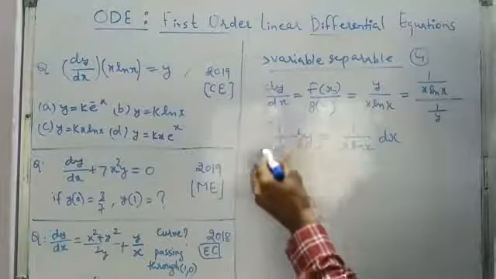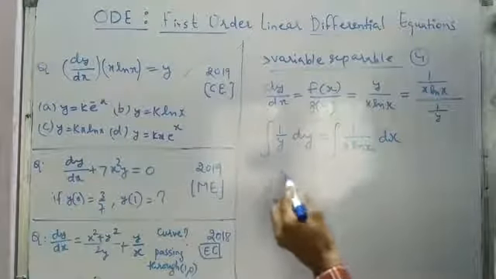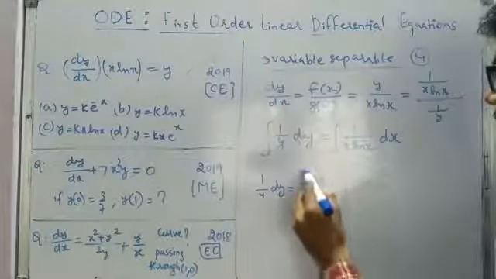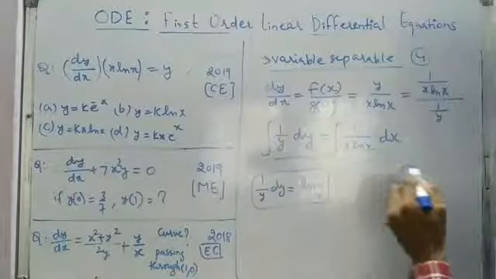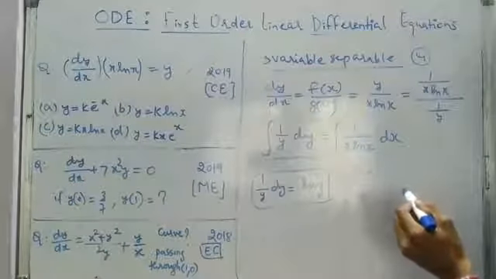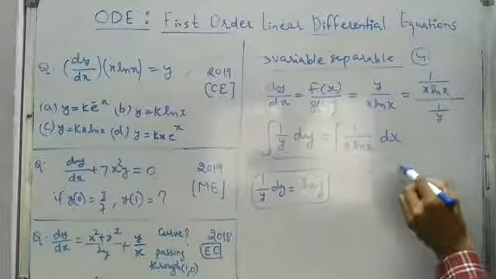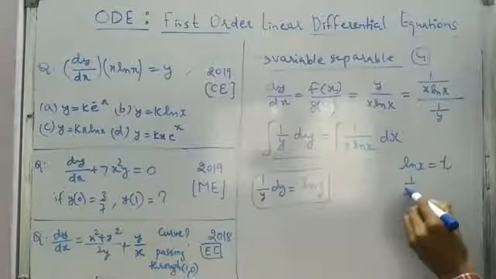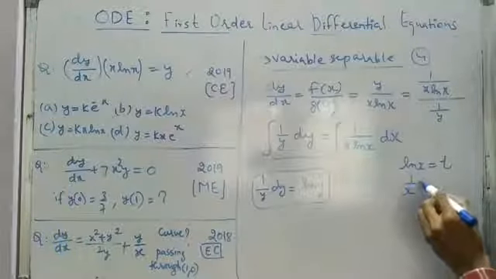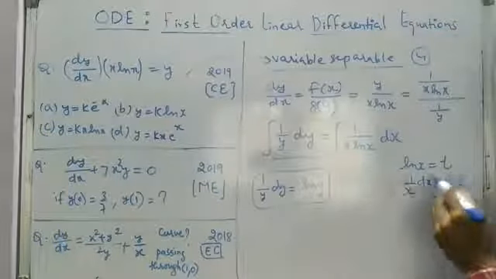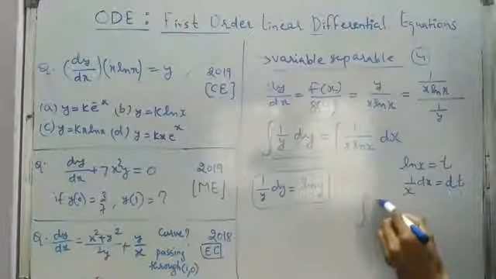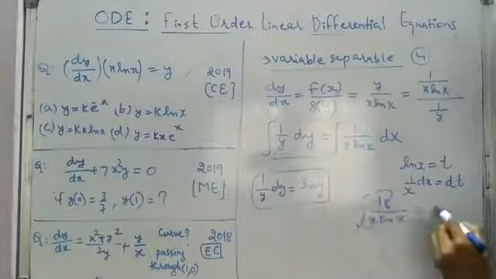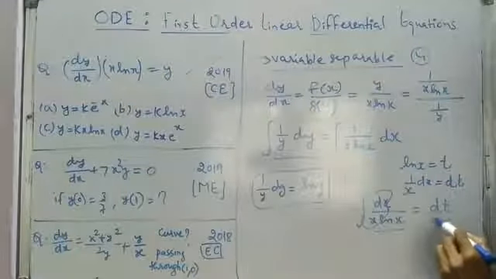So direct also we can write, but I have written this because in complex problems we have to approach like this. So now we have to integrate both sides, and integration of 1 upon y dy is nothing but ln y, right? So this we are going to get simply, but here we don't know the integration of 1 upon x ln x dx directly. So we have to make use of substitution. First we will put ln x is equal to t, and if we differentiate both sides with respect to x, so 1 upon x dx is equal to dt. So dx upon x ln x: dx upon x is going to come out as dt, and ln x we have put as t.